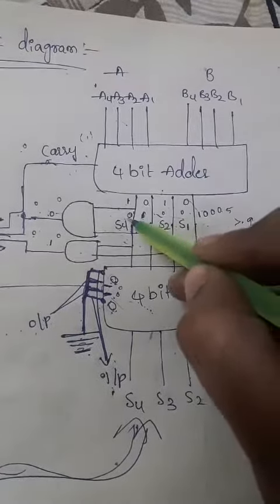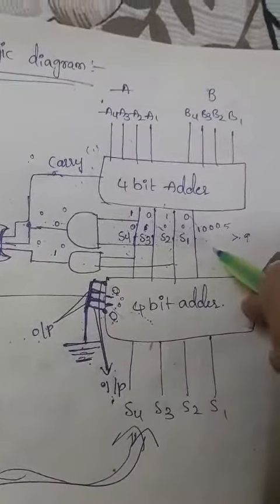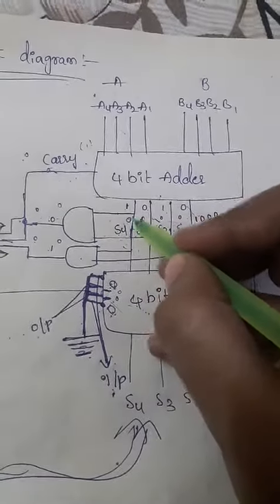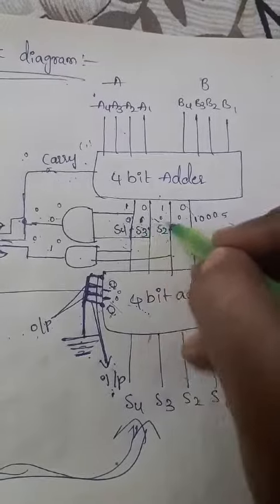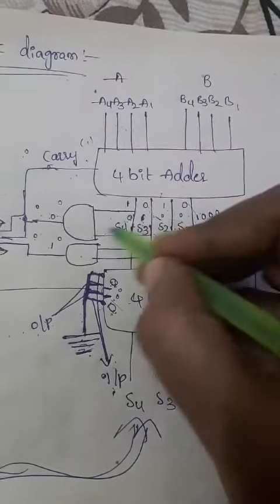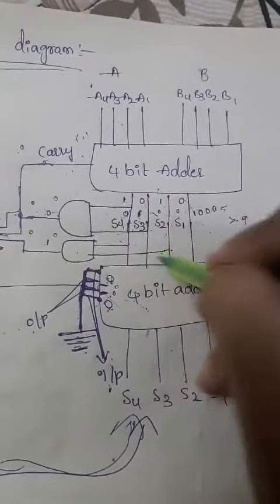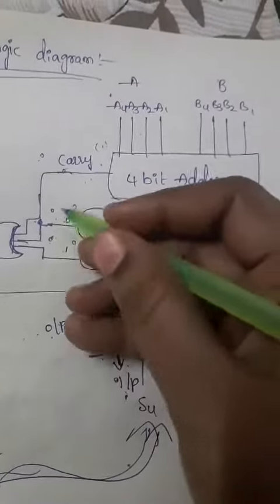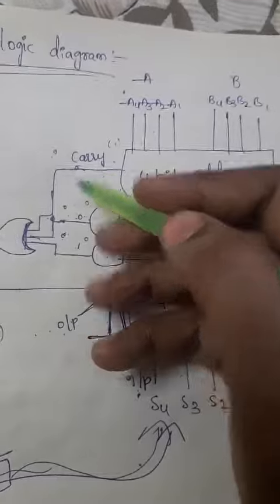So that means here S4, S3. Now we need to calculate the outputs if the logic is less than 9 and if the carry is not present, what happens. Okay, so I can consider here one example, that is 4 number. So 0 into 1 is nothing but 0, and next S4 into S2, that is nothing but 1 into 0, 0. Just now I explained here these two values will be 0 and the carry will be 0.